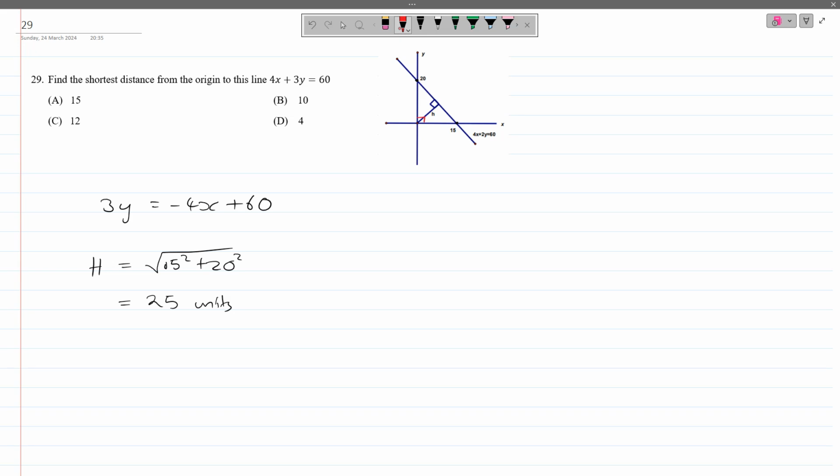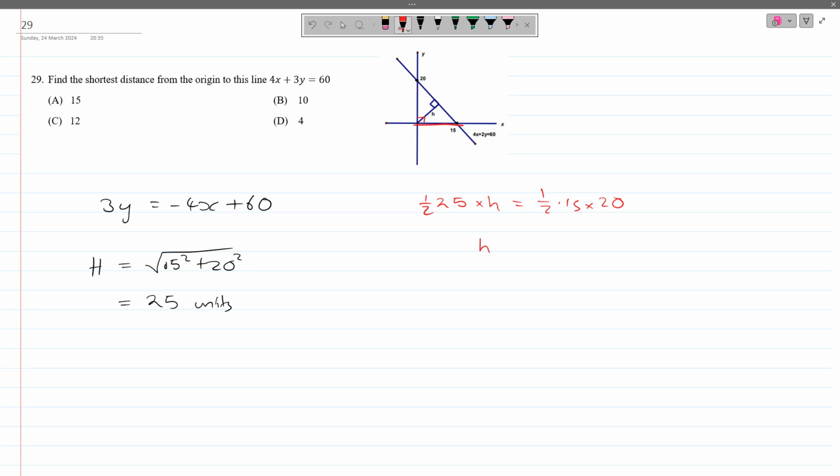So what I'm going to say is I'm going to start with this one as my base. If this is my base, then my height for this triangle would be h. Therefore I'm going to have half of the base, which I've calculated to be 25 units, multiplied by h is equal to a half, where I'm using this as my base, times 15 multiplied by 20 as my height. Then